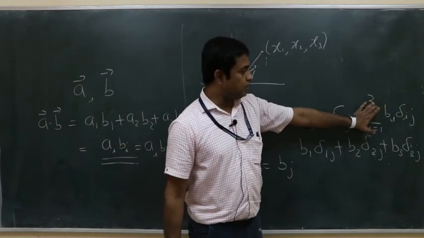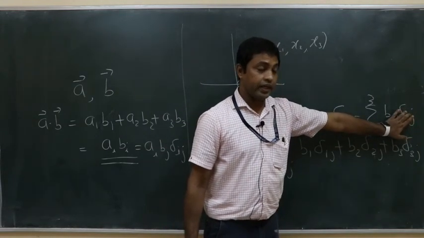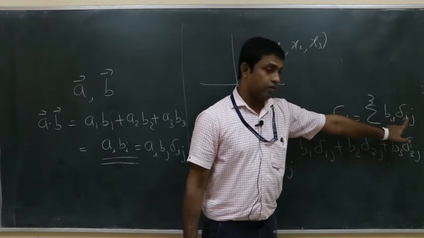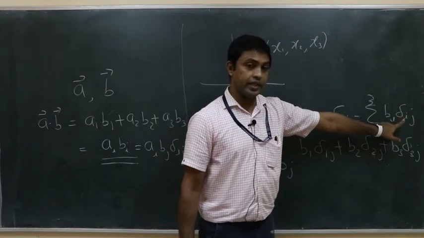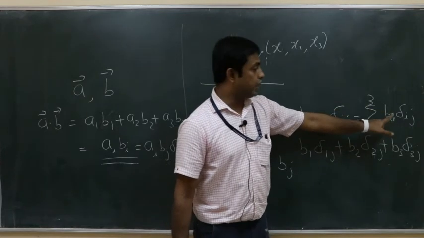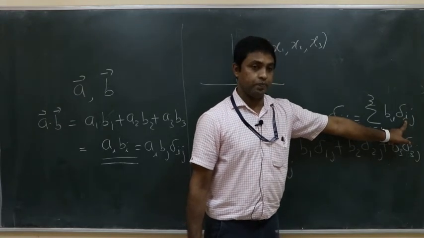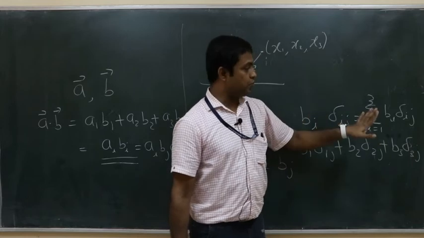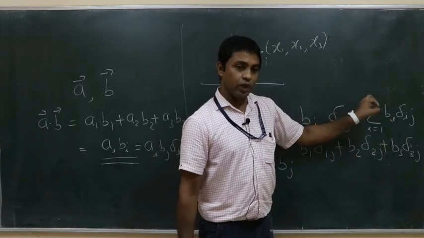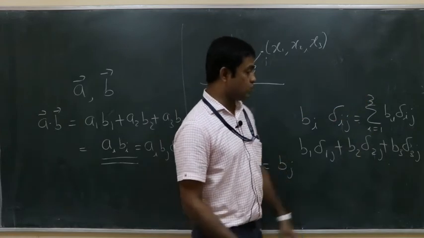Suppose there is an expression. In that expression, there is a Kronecker delta, and the Kronecker delta has at least one index which is summed over, that is, a dummy index. You can see that in delta ij here, i is a dummy index, which is summed over. So if you have an expression which contains a Kronecker delta, and one of the indices of the Kronecker delta is summed over, then the rule is very simple.